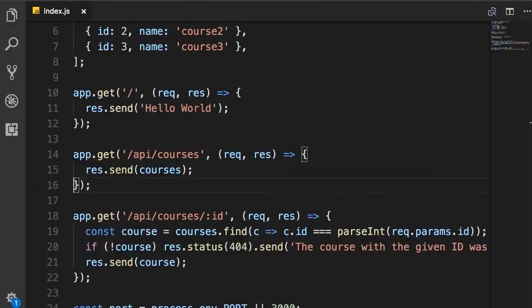So far, we have created 2 routes that respond to HTTP GET requests. And we use this route to get all the courses as well as a single course. In this lecture, I'm going to teach you how to respond to HTTP POST requests. So we use an HTTP POST request to create a new course. So